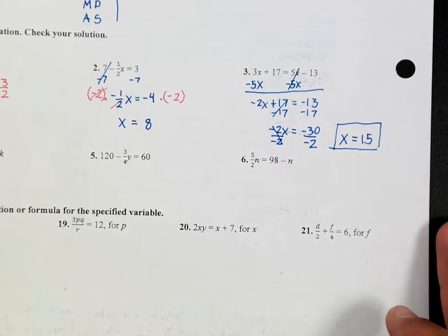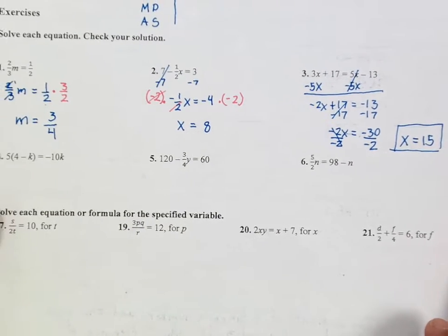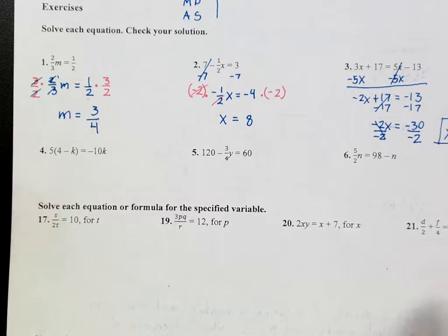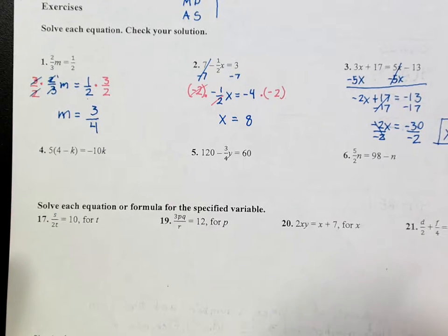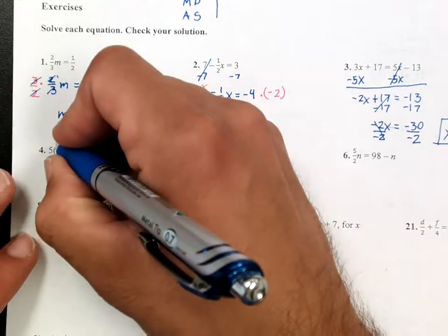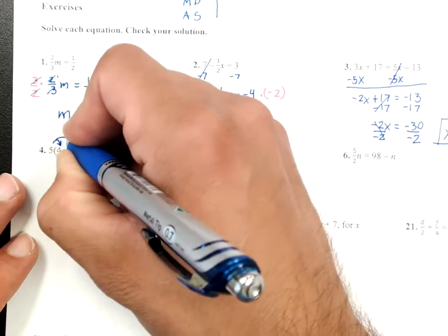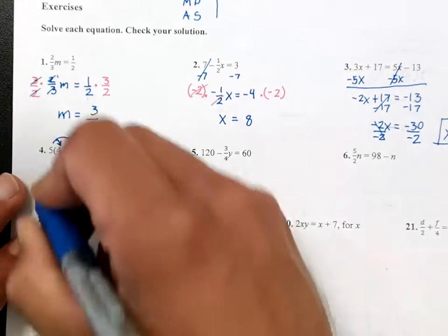Okay, number 4. What should I do? Distribute, very good. Could I divide by 5 also if I wanted to? I could divide by 5 if I wanted to also, right? This one wouldn't be that bad. But let's go ahead and distribute. I think that might be a little bit easier for y'all. So we have 20